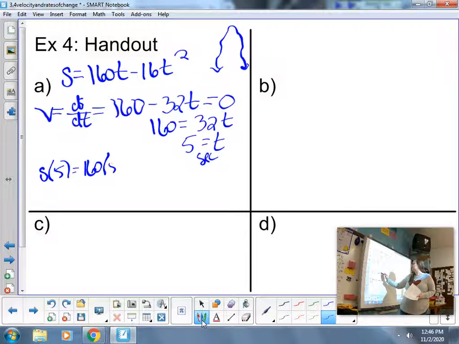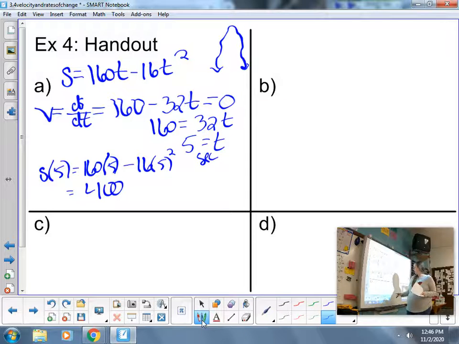So that's going to be 160 times 5 minus 16 times 5 squared, and if you do the math on that,